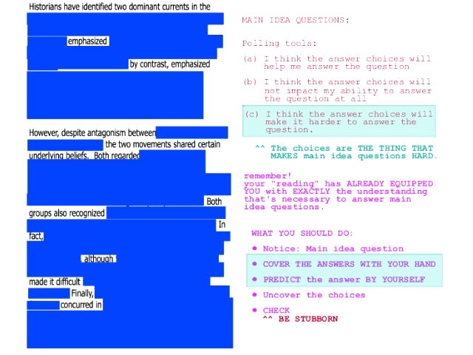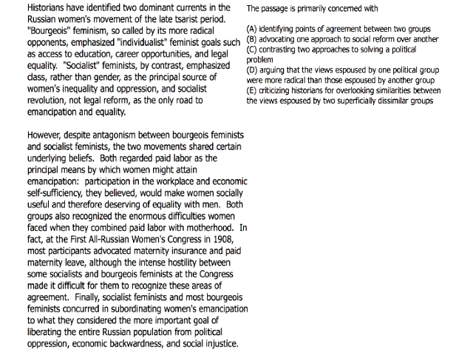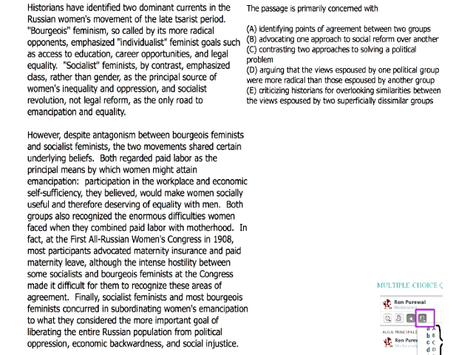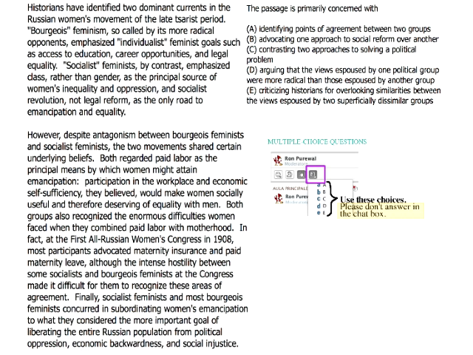Okay. Here is a main idea question for this. Remember where to find the multiple choice options, and you should put your hand in front of these things and answer them. Okay. Go for it. It shouldn't take too long, because remember, you should already be equipped with what you need to do this.